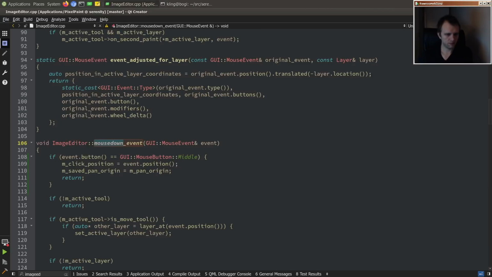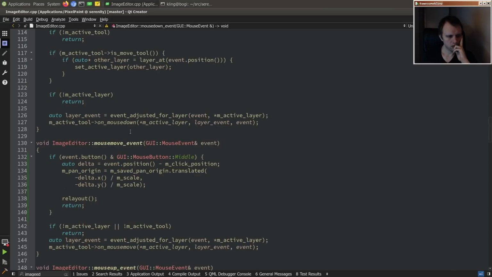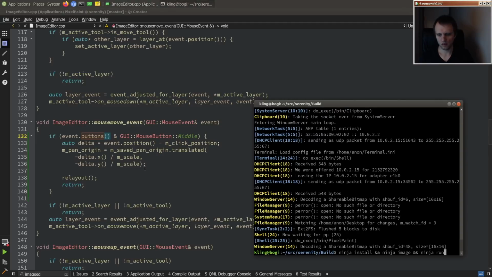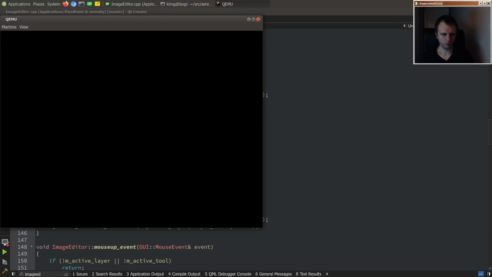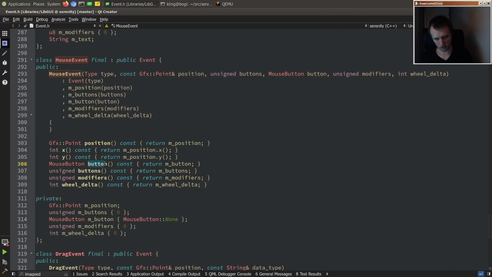Mouse down. If you do a mouse down, then that. If mouse move, oh, we should say buttons. Right. Because when it's a mouse move, I guess I can mention that. The mouse events, they have two values. They have button and buttons. And buttons is a bit mask of all the currently pressed mouse buttons. So it can be like a mask of left, middle, right, back, forward. So like all the buttons can be in there. Whereas button is the specific button that